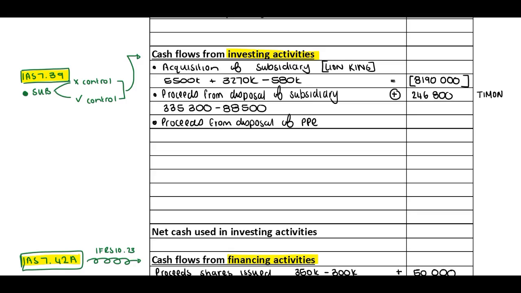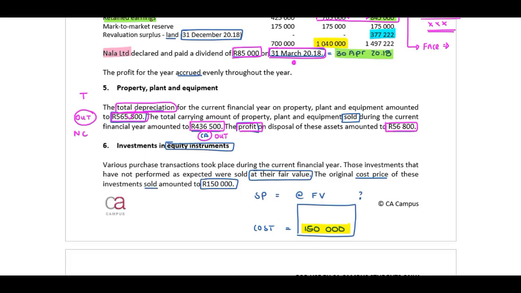And we need to add the carrying amount, which is the 436,500 plus the profit portion, 56,800. This is a positive. They've received this. This is proceeds. This is 493,300. Right. Now we are able to move on to the